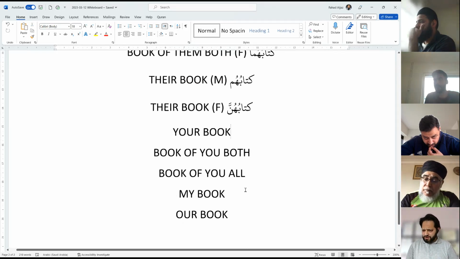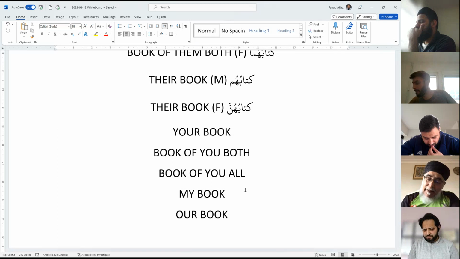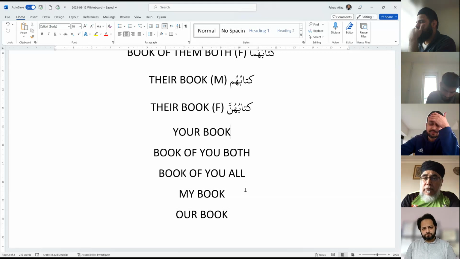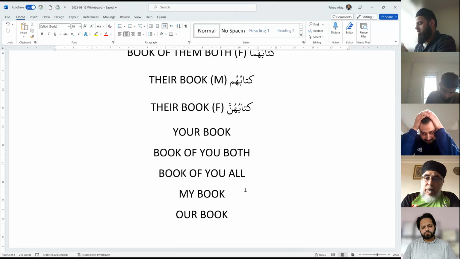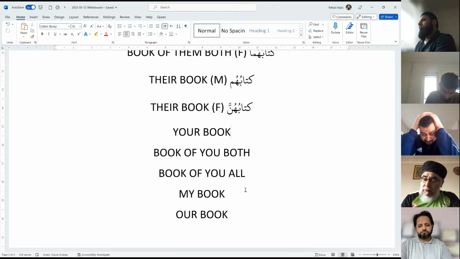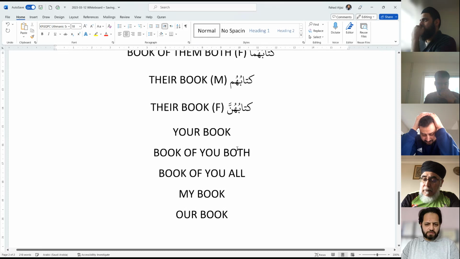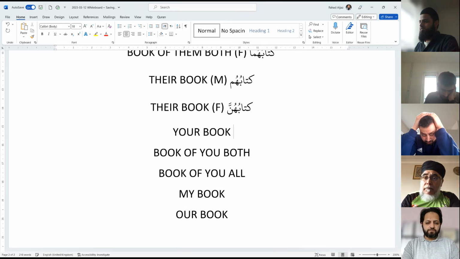Is it easy, difficult, moderate? Give me some feedback. How is it? I think with time it will get easier. At this moment, at least, I have to pay a lot of attention. It's not very fluent. Of course, it won't be fluent, but the concept overall, are you able to grasp how this is being constructed? Yeah. Okay. Good. Now, again, the ism is the same, kitabu.